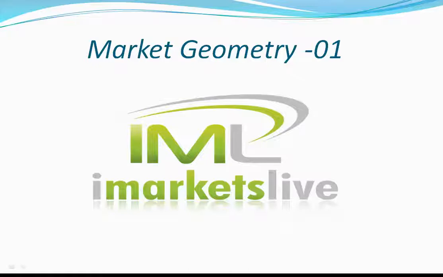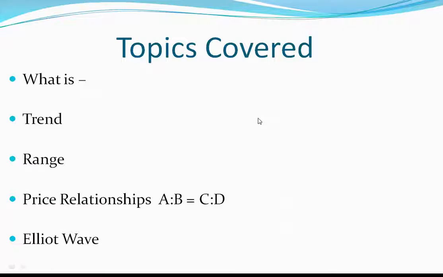So let's just get going and talk about what we're going to cover today. We're only going to cover 4 different ideas today. We're going to cover trend, we're going to cover range, we're going to cover price relationships, what we call an A to B, C to D relationship, and then we're going to cover the basic beginning of Elliott wave. In the future, we're going to expand on Elliott wave. We're going to look at lots of charts in Elliott wave, and then we're going to expand from that into